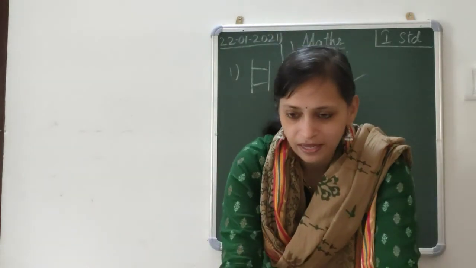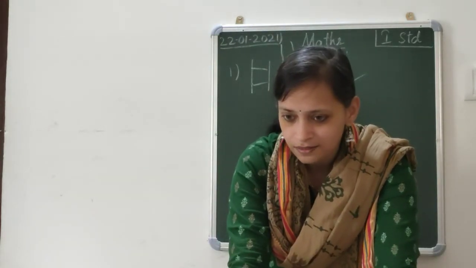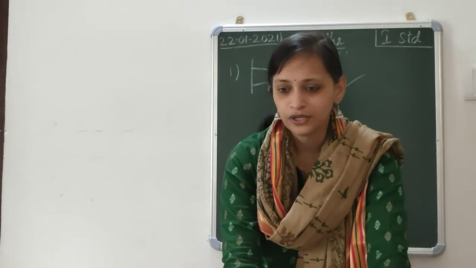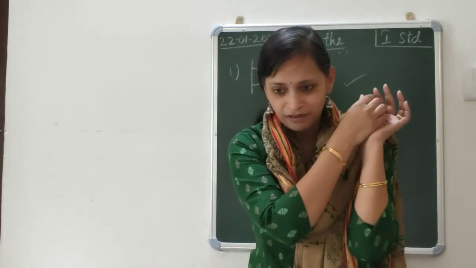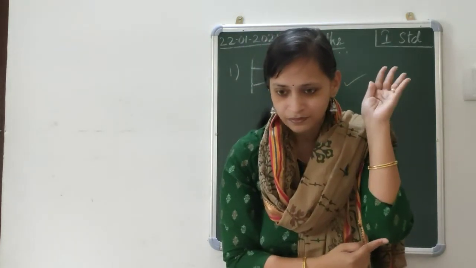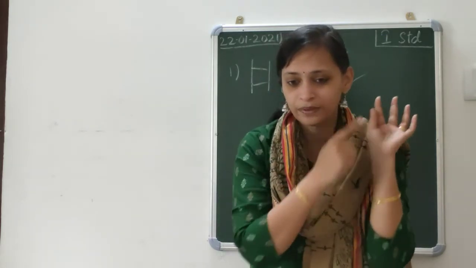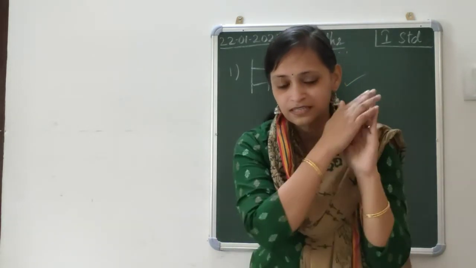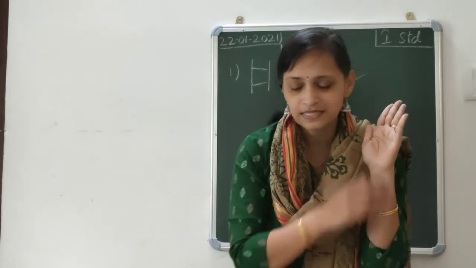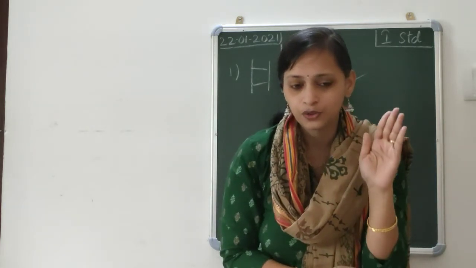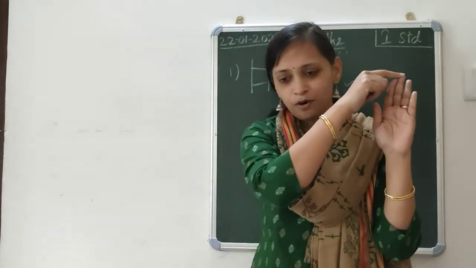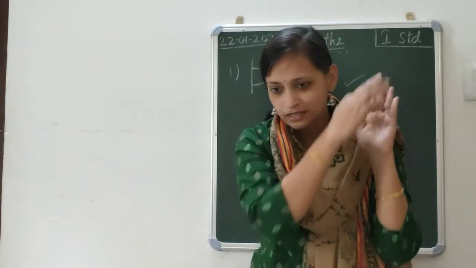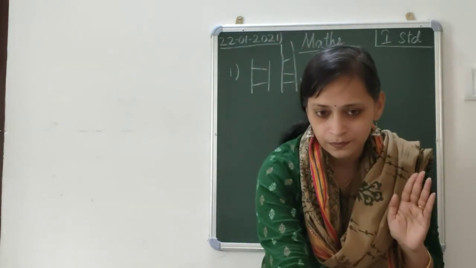Many of our parents buy flowers. Your mommy buys flowers. How do they measure? When you go and ask, they keep one end of the flower here and then they measure it over here, right? This is called a cubit. Yes, it is called 1 cubit. So they measure it like this and they give it. This is another way you can measure. Remember, it is from the tip of your finger till the elbow. This is called a cubit.